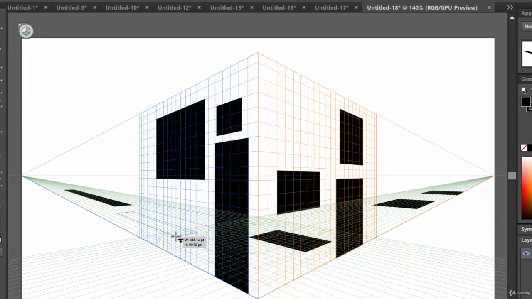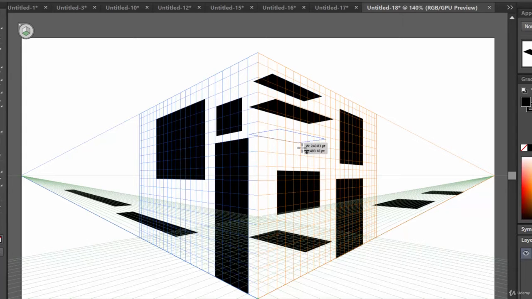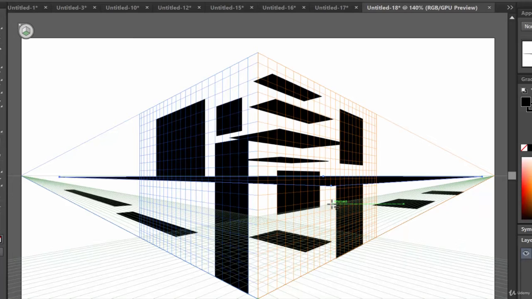So using this, you can design some interior. You can draw a house also using this perspective grid tool. You can draw a ceiling, I mean, you can decorate some ceilings. Okay, so I think you have got the idea, right? That is how we can draw on each side of this perspective grid.